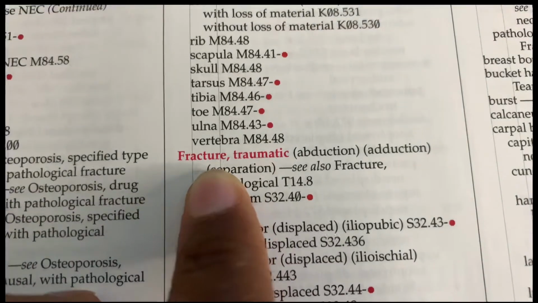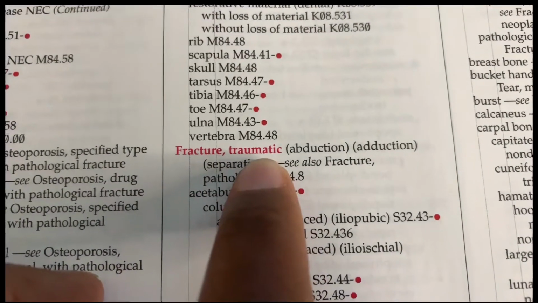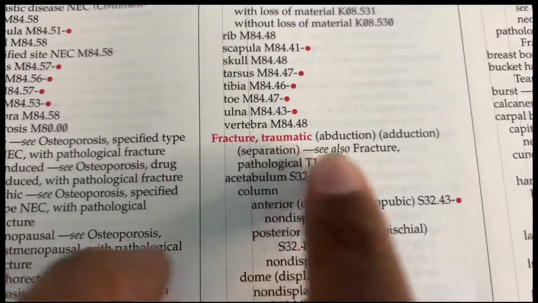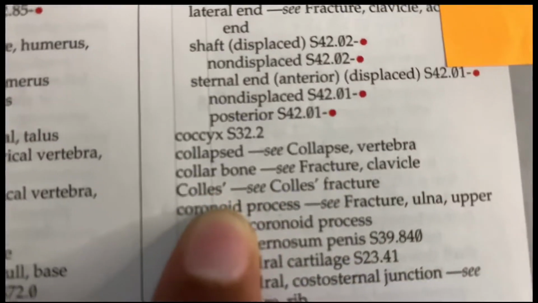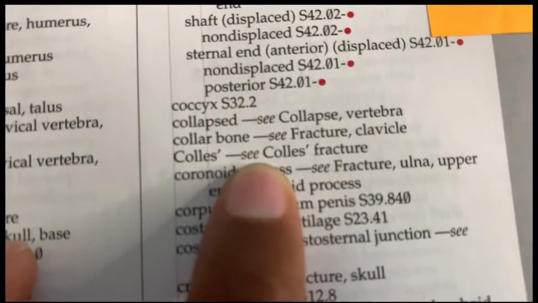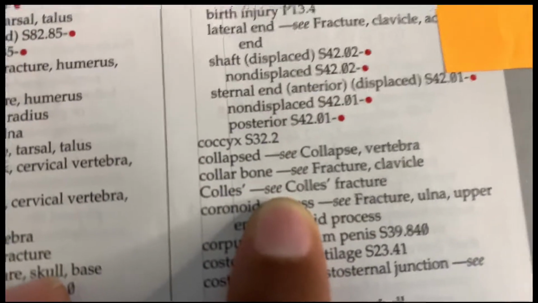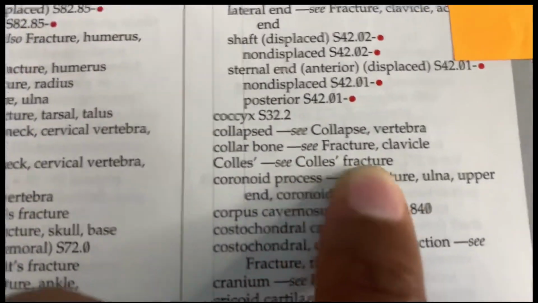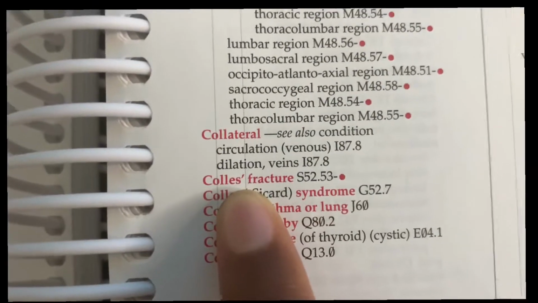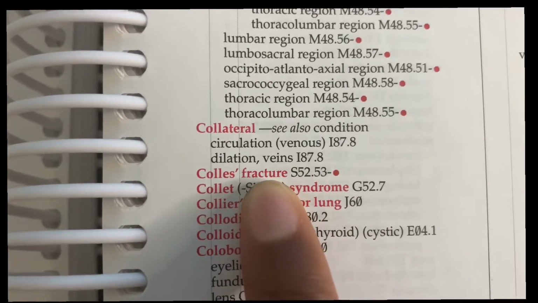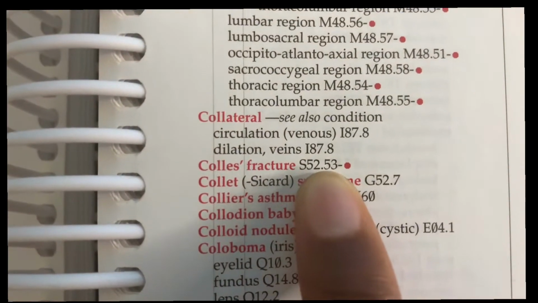So with our main term, we have fracture, and we're going with the traumatic fracture. And we're going to look for the type of traumatic fracture, and it is actually a Colles fracture. Notice once we get there, we have a C note, and that C note means mandatory to go to this location. So we're going to go to Colles fracture. Okay, so now we've located and gone to the path of Colles fracture, and our code is